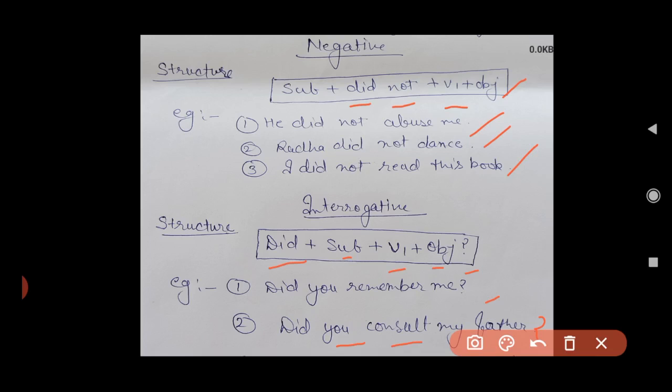Okay, students, that's all we have learnt today: how to form past indefinite simple sentences, past indefinite negative sentences, and past indefinite interrogative sentences. Now I will give you some sentences for your practice, and you have to complete those sentences and send them to the group. Okay,